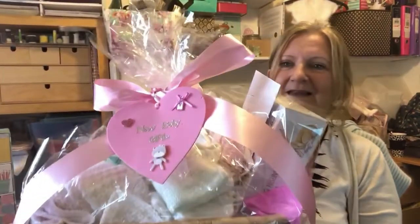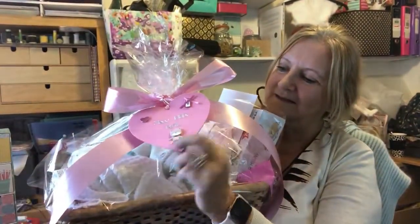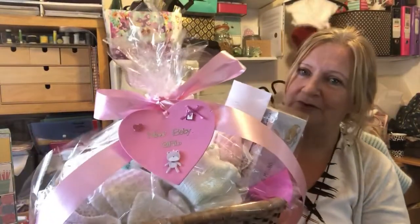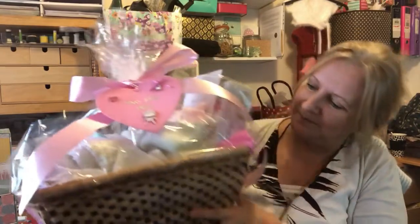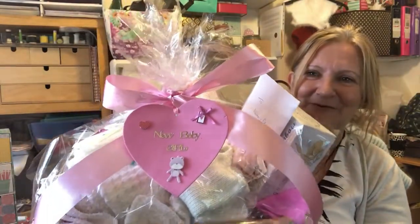But when I went to Tesco's, I picked up some bits, and I just thought I'd show you. Now it's all wrapped in the cellophane, and I've done a little heart thing. I think it's made out of some foam. Had it in my bottom drawer for a rainy day, and it worked perfectly. So there it is, all wrapped, ready for them. So just waiting